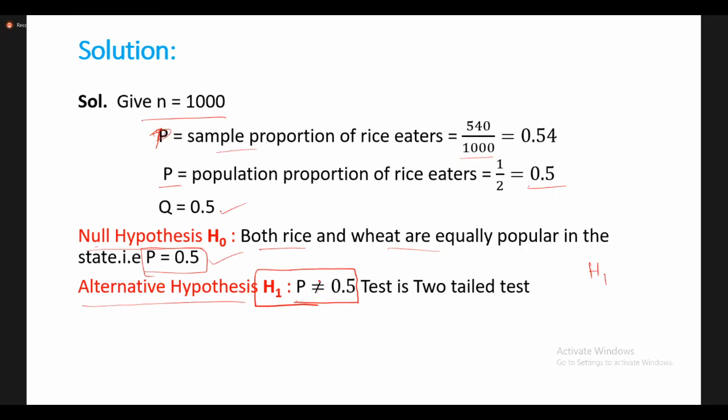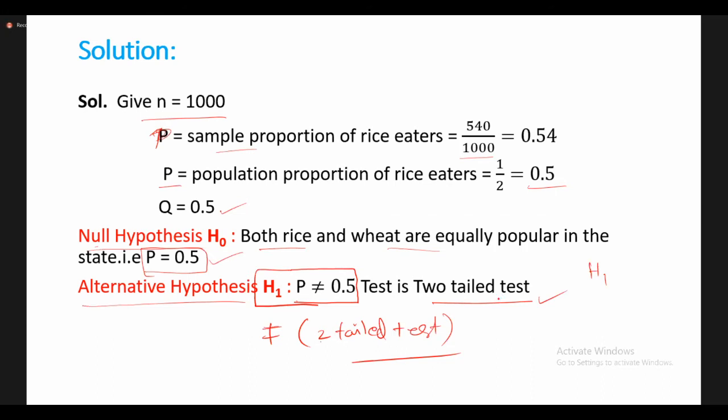Anil Kumar, tell me. Depending on the alternative hypothesis, we'll decide the tail test. The alternative hypothesis is of the not equal to type. Then what is the tail test, one-tailed or two-tailed? Two-tailed. Very good, because two possibilities are there, less than or greater than. That is a two-tailed test. I hope now you understood. Depending on the alternative hypothesis, we'll decide the tail test. Is it clear?